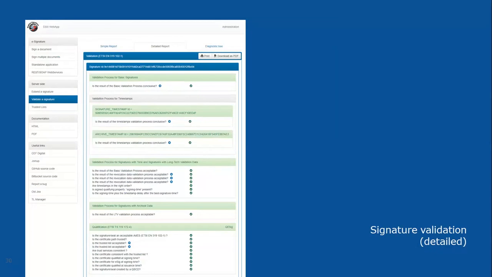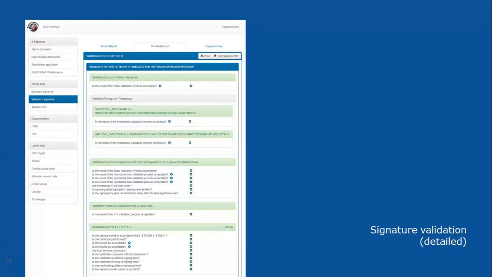What is not illustrated in this slide is the third tab, diagnostic tree. If you click on it, you will see the bare XML that is managed by DSS. It's just a collection of all the information that DSS has taken from the signature before concluding on the signature. So if you want to re-implement your own algorithm or your own decision, it's completely feasible. You can start from this tree and take all the information that DSS has collected, but make your own decision. So you can really reuse DSS in a modular way.